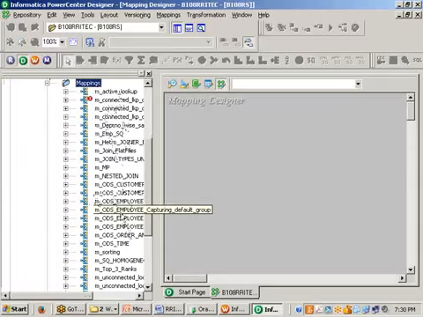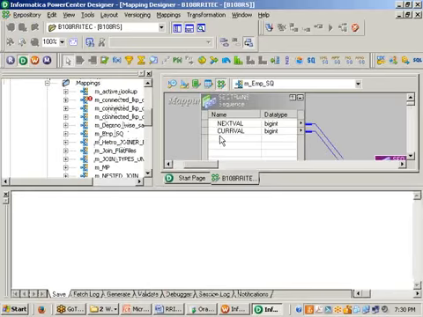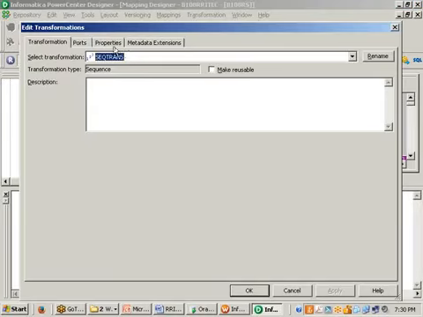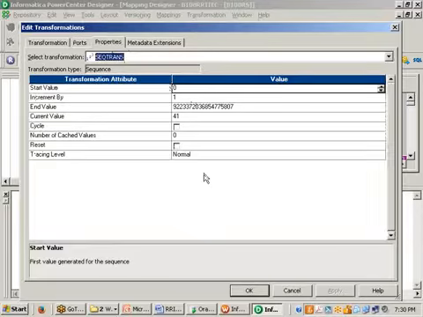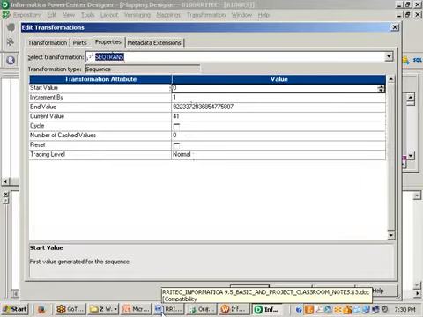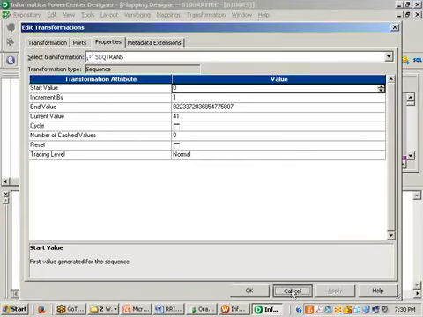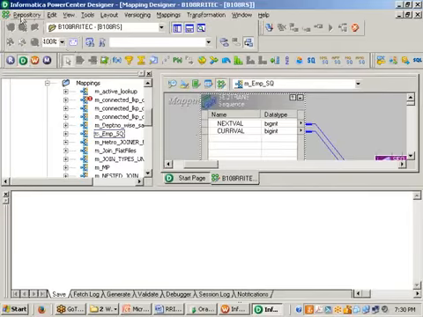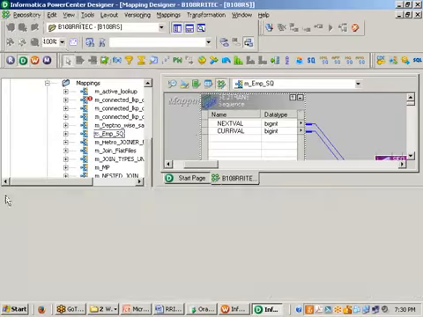The name is m_emp_sequence. What is coming here? 41. 41 is used by the things, right? Okay, let it be. What is the value it is coming? We'll see it. So now what I did is